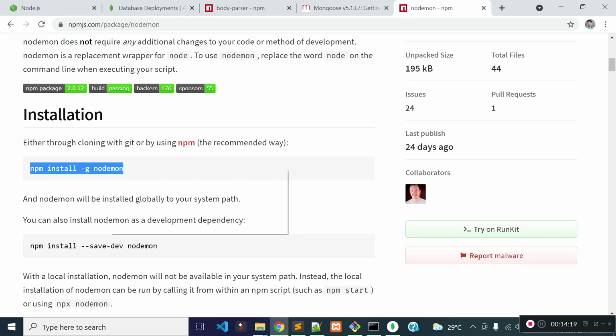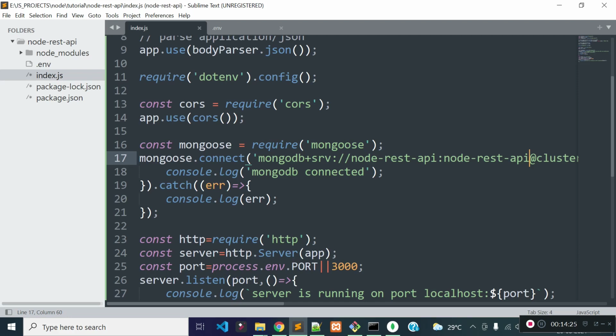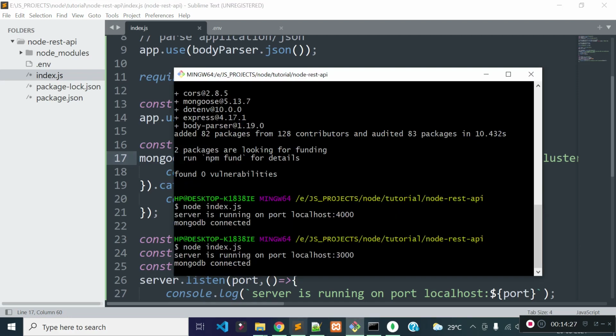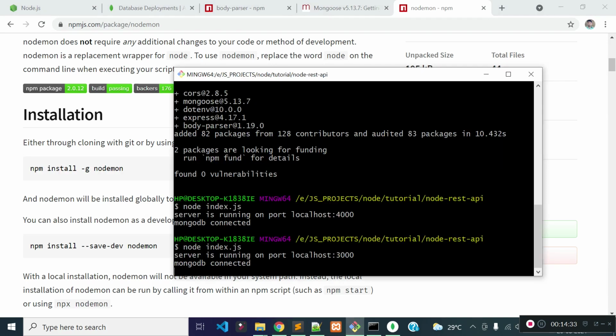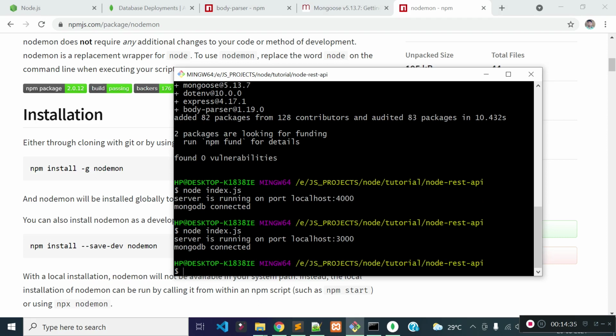Nodemon is a package so that we do not need to stop and start the server again and again if we make some changes inside our node project. I already installed the Nodemon package. You can install Nodemon globally by running this command. Since I already installed Nodemon, instead of running node index.js, I will run nodemon